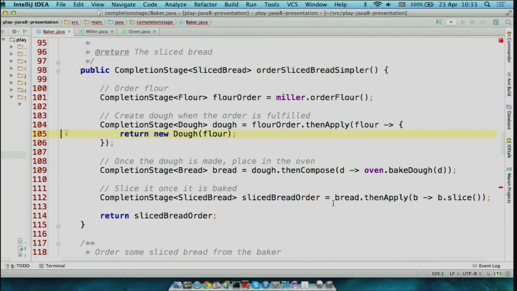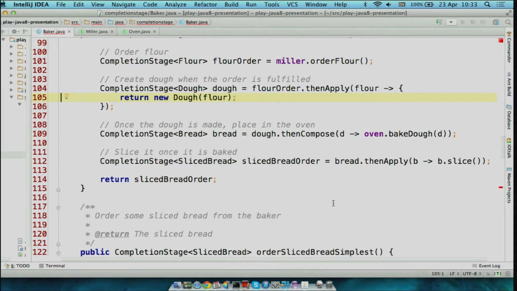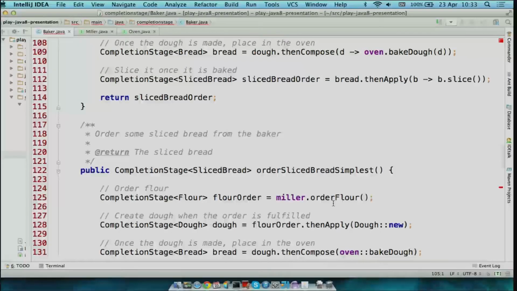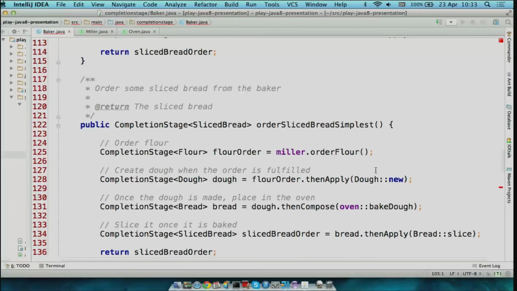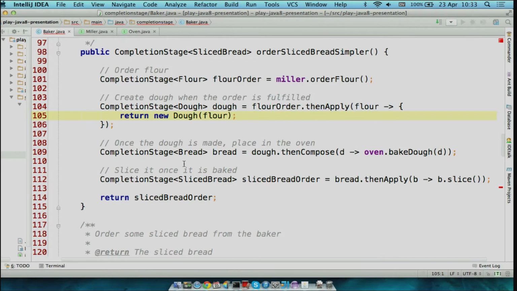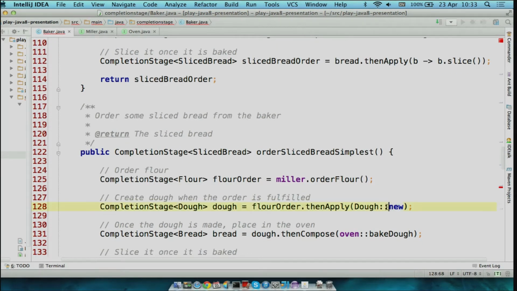And because of that, we can actually simplify all these lambdas even more, because Java 8 has a syntax for something called method references. So we can see here, all we're doing is invoking the dough constructor. To refer to the dough constructor with a method reference, we use this :: syntax, new.